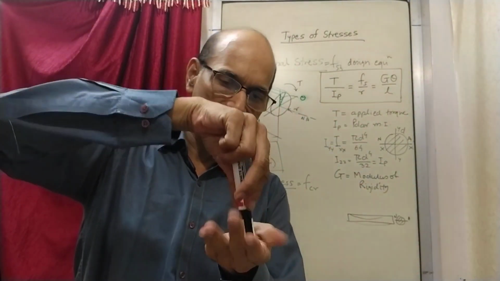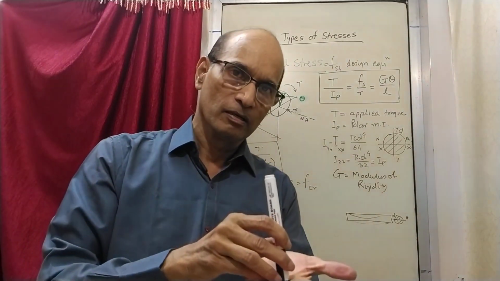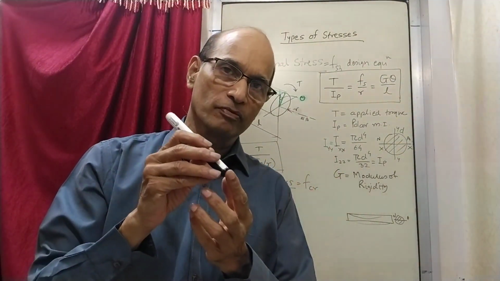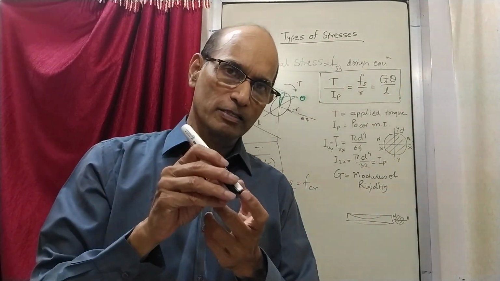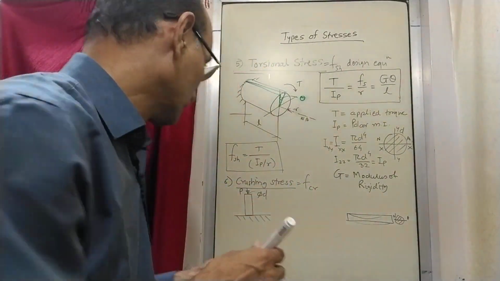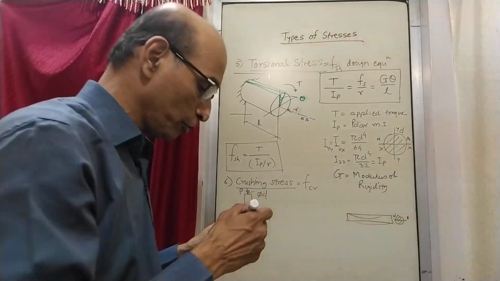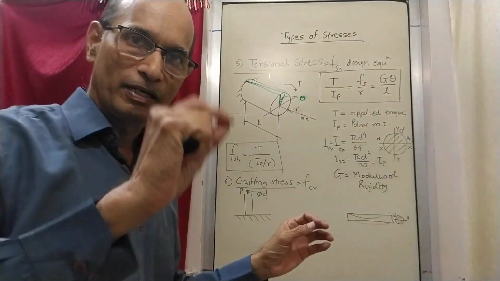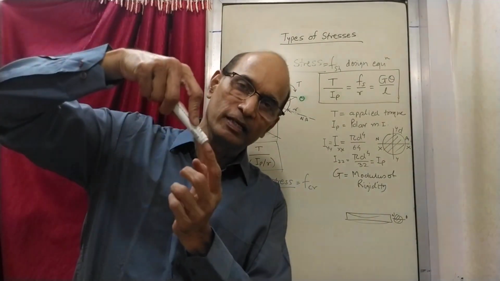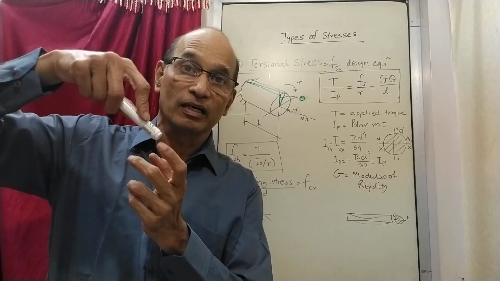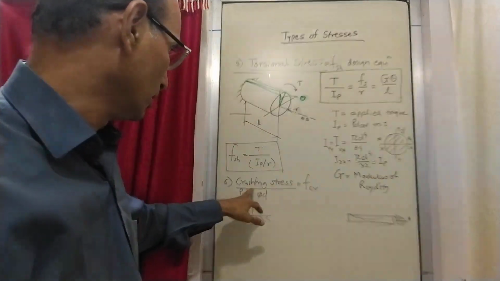So when you apply load like this, then here the contact surface between this object and this object, when it is under load, there is a chance of failure of this surface, which is in contact. If this surface failure takes place, then that kind of failure is called a crushing failure, where it is getting crushed. Say for example, if you think of this as a chalk, the white chalk which we use on a board. If you hold that chalk like this and press, then what will happen? This end of the chalk, you will notice that it is getting crushed. It will convert into powder. So that is something similar to crushing stress.